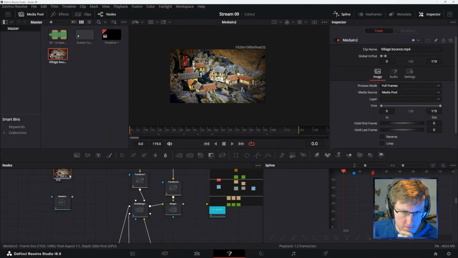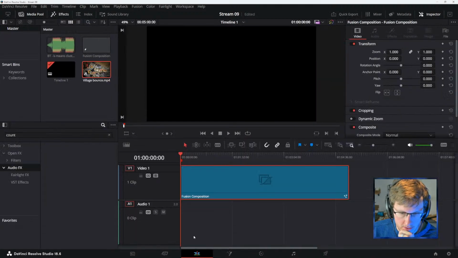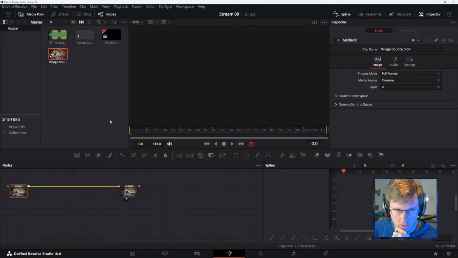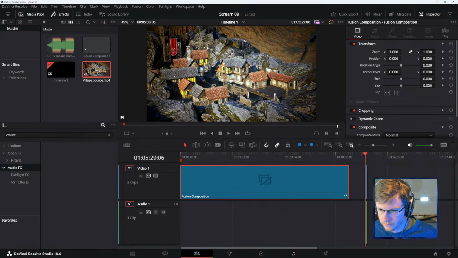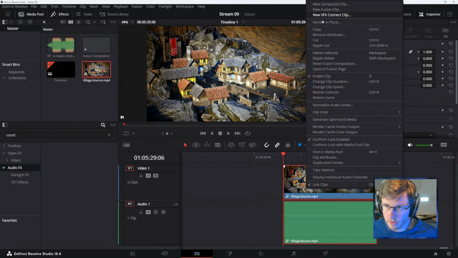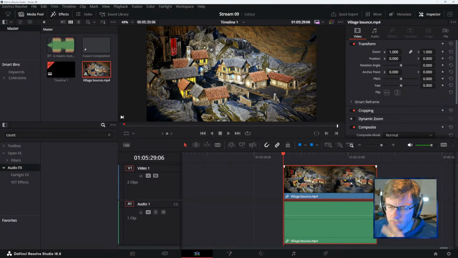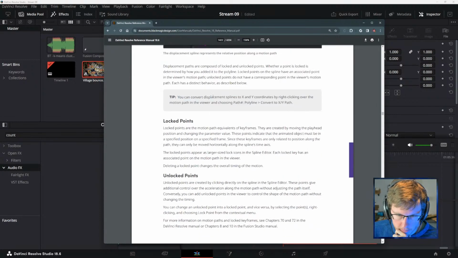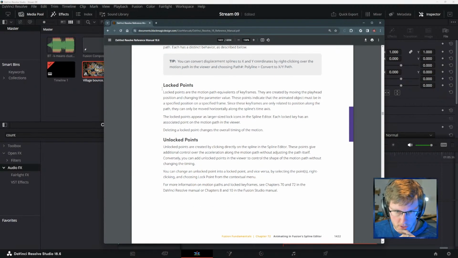Let's see if we have this on the timeline over here. Then we go into Fusion again. Are they talking about from here? If you go, man, not sure. Not sure what this section's about, but you can convert displacement splines to X and Y coordinates by right-clicking over the motion path and going to convert to XY.